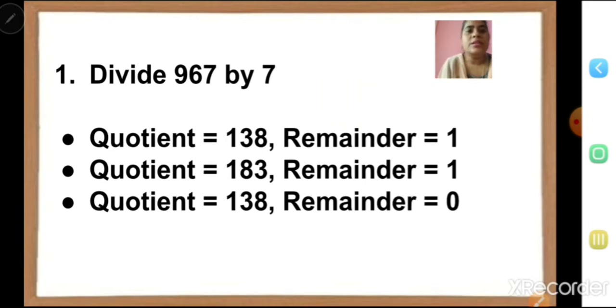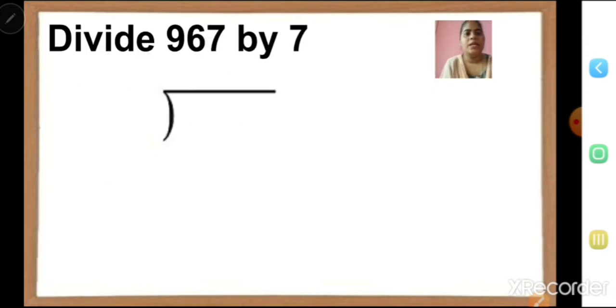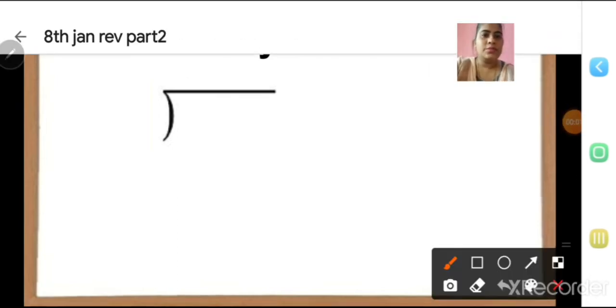First question, divide 967 by 7. Okay, so here you can see now three options are given. We have got the quotient also and the remainder also. Let us divide 967 by 7. 967 will write inside and 7 we will write here out. This way,